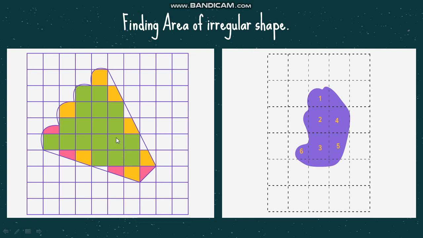So total 18. Then you are going to count the squares which are more than half as 1. You know the green squares are 18. Green squares are complete squares. Now let's count the squares which are more than half. As you can see, these yellow squares are more than half. So 1, 2, 3, 4 and 5. So they are more than half. So 18 plus 5, 23.